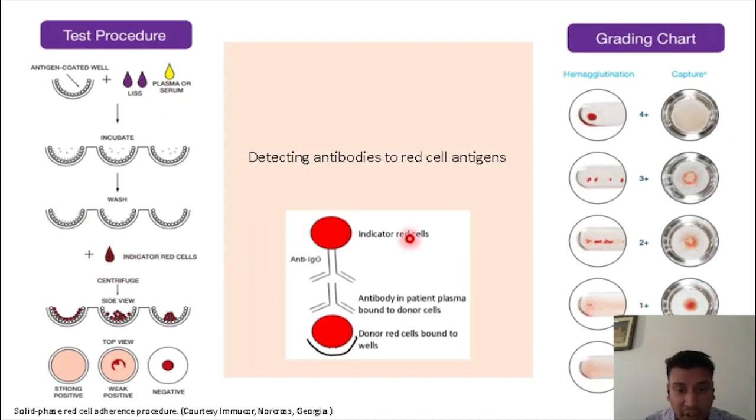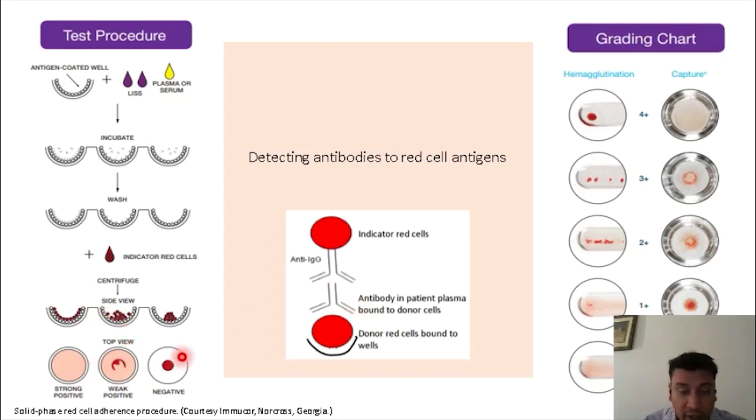These indicator red cells are actually coated with anti-IgG. If the antibody from the patient's plasma has bound to the antigen, then the anti-IgG coated indicator red cells will bind to those antibodies,